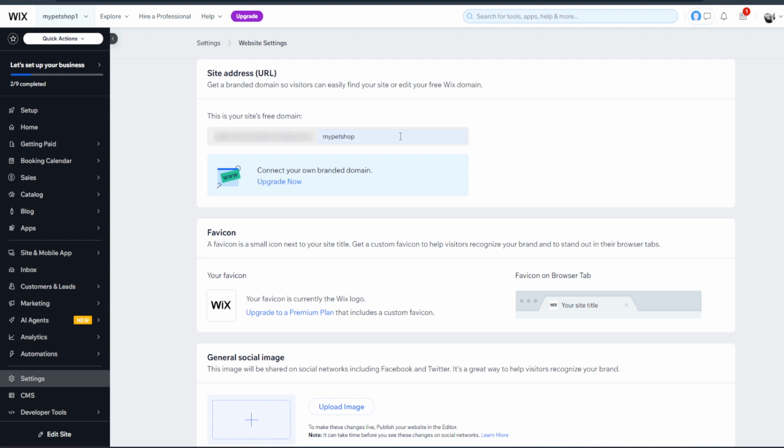In summary, navigating to the settings, finding the domain section, entering your new URL, and saving the changes are the key actions that will guide you through this process. By following these steps, you're making sure that your online